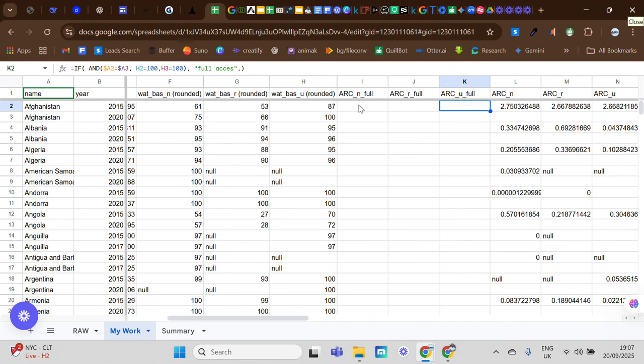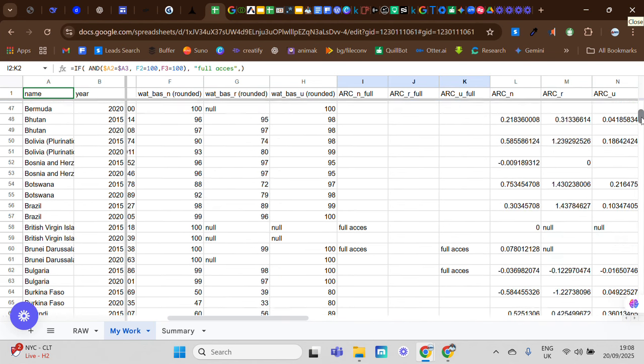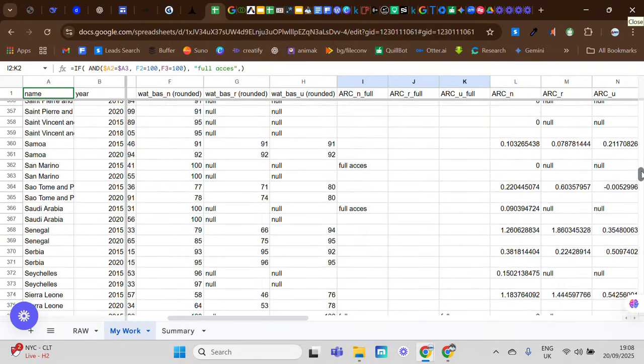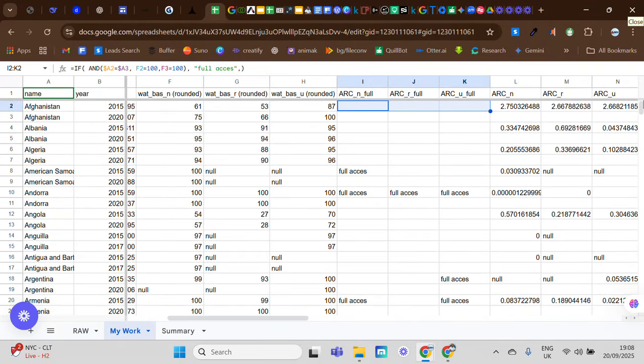Okay, so now once we have the formulas down like we have done, just highlight these cells and then double click to autofill all the way down. This is what we have. So you can see it is showing us the areas where we have full access all the way down to the last cell. Let's go back and